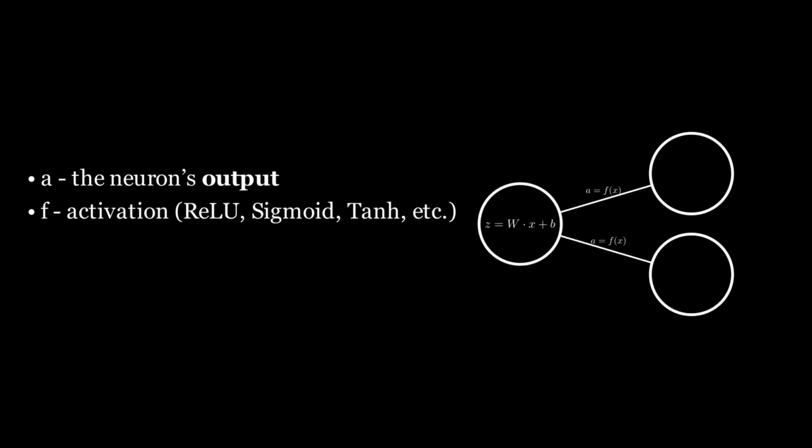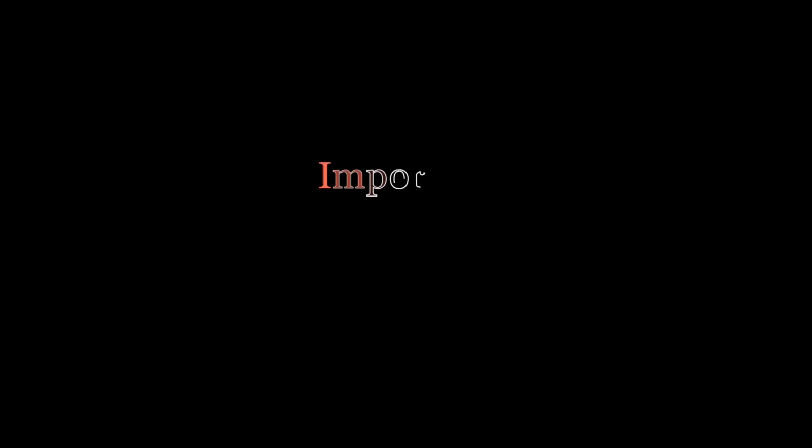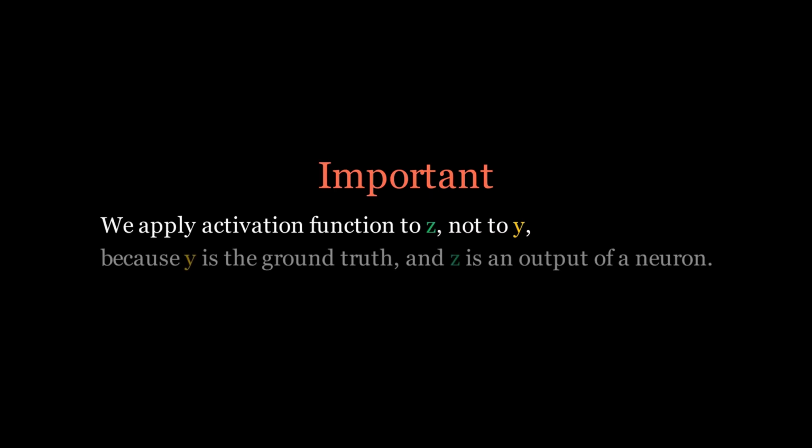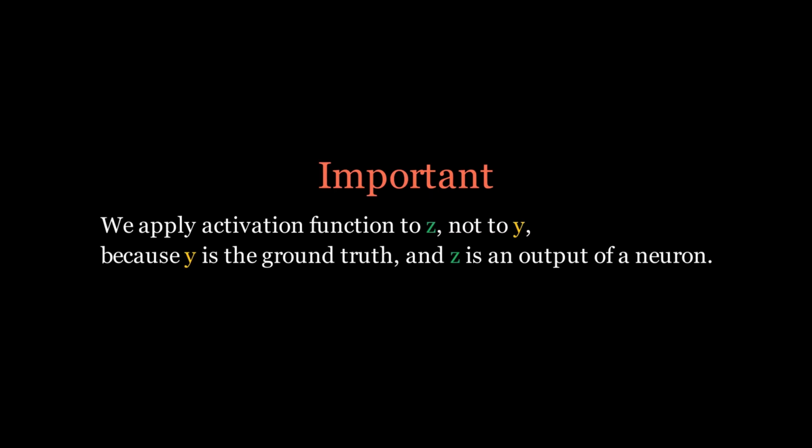To handle this complexity, we need activation functions. Inside each neuron, we first compute z = wx + b. This z is called the logit, or pre-activation. Then we apply the activation function. Here, a is the neuron's output, and f is the activation function. Don't be confused: we apply activation to z, not to y, because y is the ground truth and z is